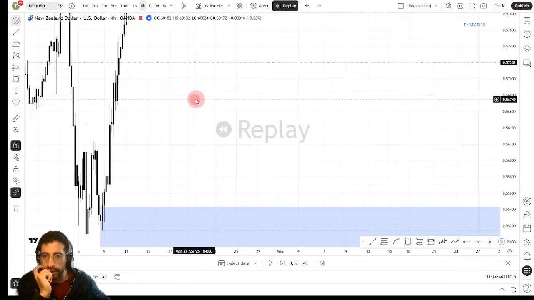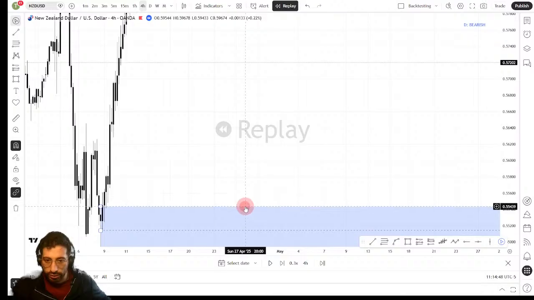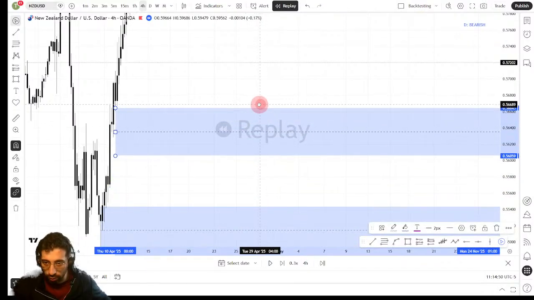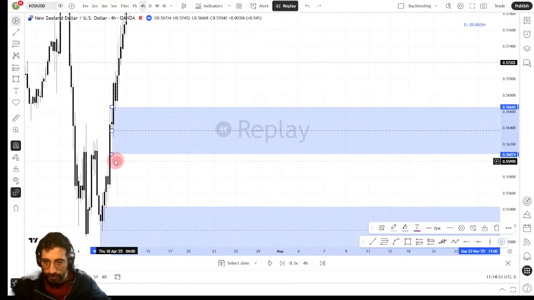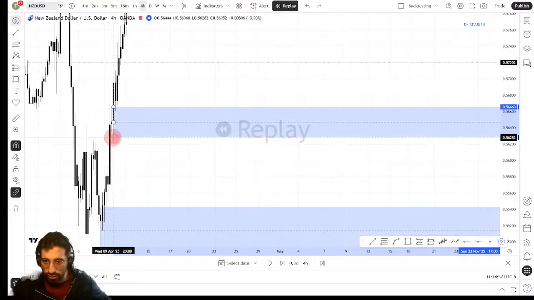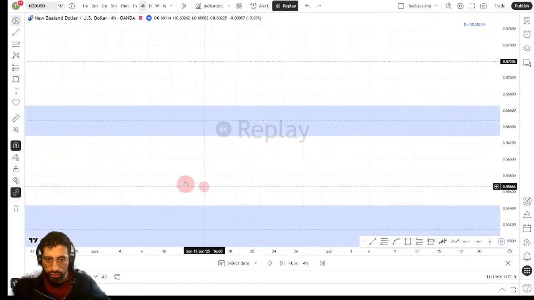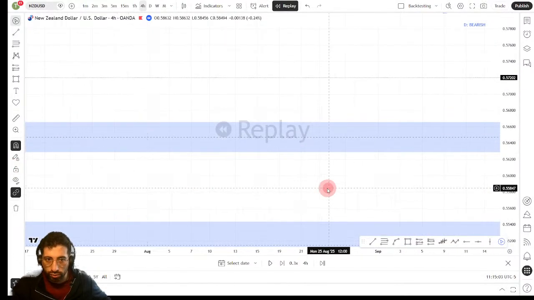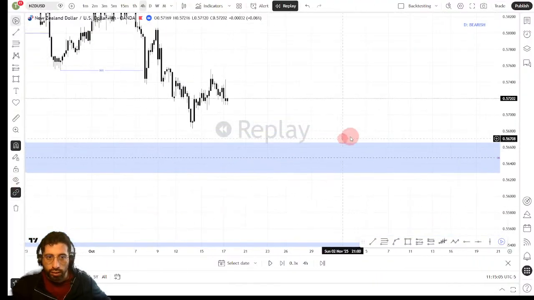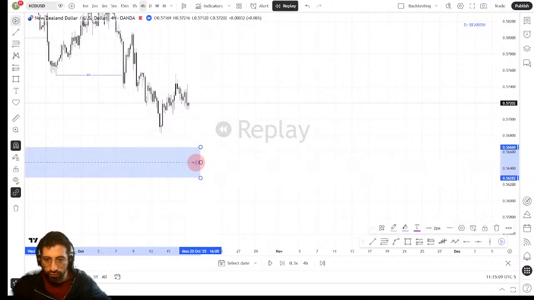Boom, there you have it. And now I will find the 4-hour order block, which is this one. This is a 4-hour order block. So I just mark this one. So try to understand why the price is having a certain reaction. You see the order block here. So let's see here. So this is a potential entry point, at least for a retracement, a big one, I would say,